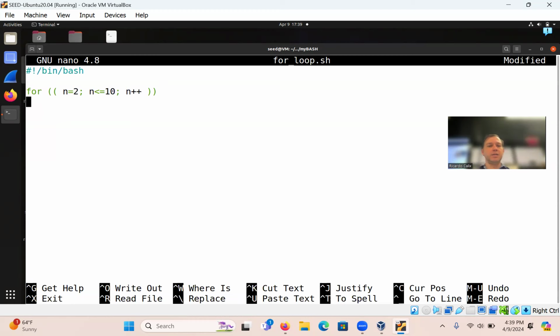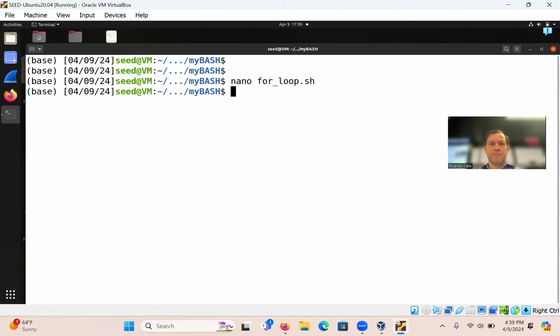And then notice again, it uses these constructs of do and done. Like that. Okay, and then let's add here, let's print it out basically. Echo. So dollar n, and then this is like seconds or something. Do you guys see that? So it should print from 2 to 10. Okay, so let's see if it works.